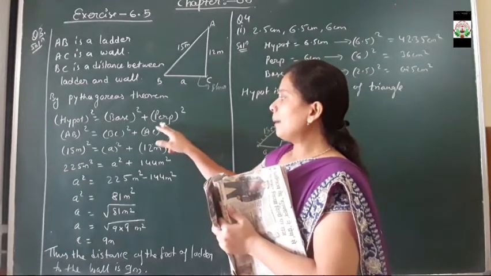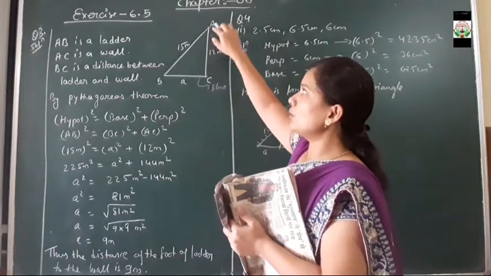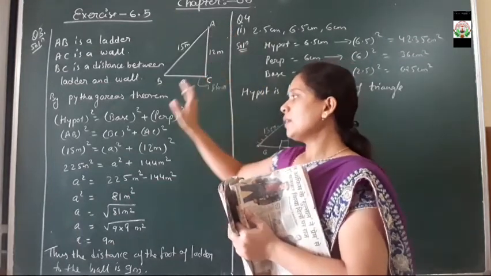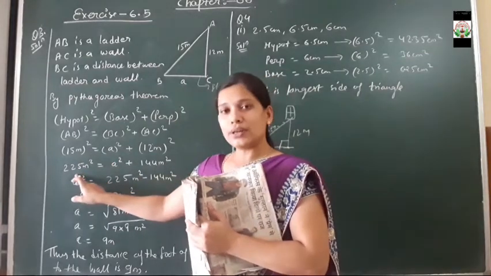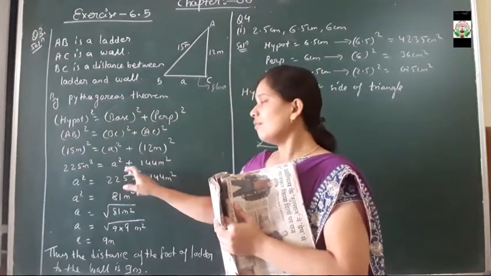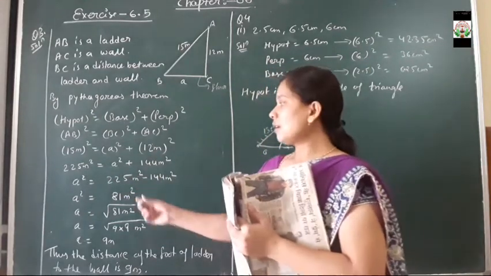Then perpendicular is AC, that means the distance from the ground to the height of the window. What is the distance? That is 12 meter. So 15 squared will be 225 meter squared. A squared will remain A squared itself, plus 12 meter squared will be 144 meter squared. Now transposing,